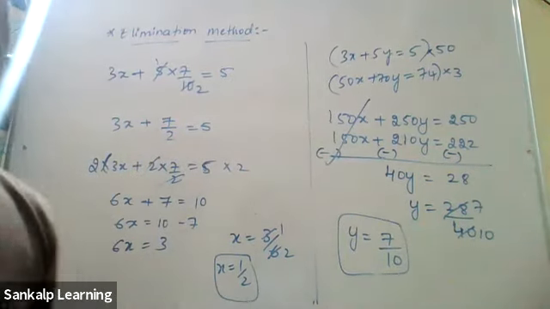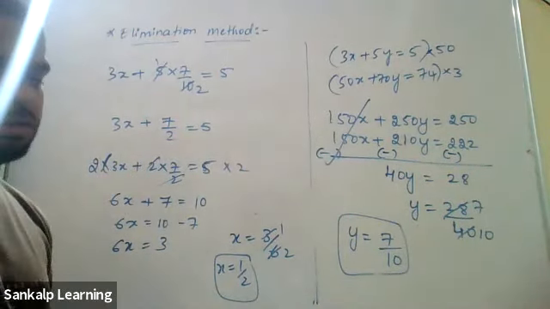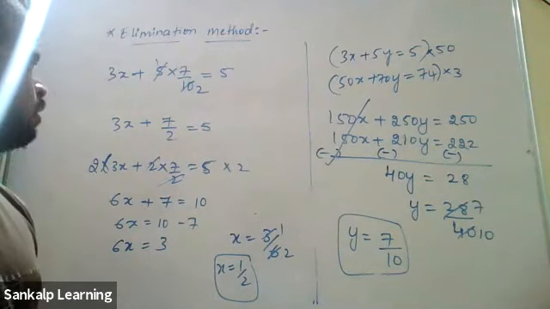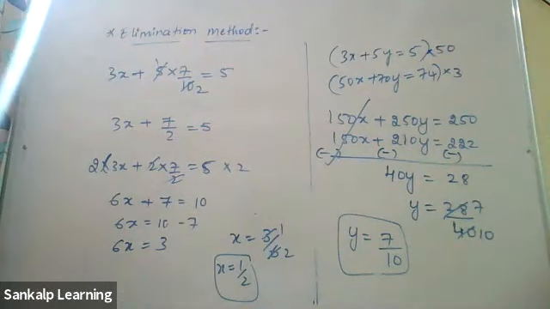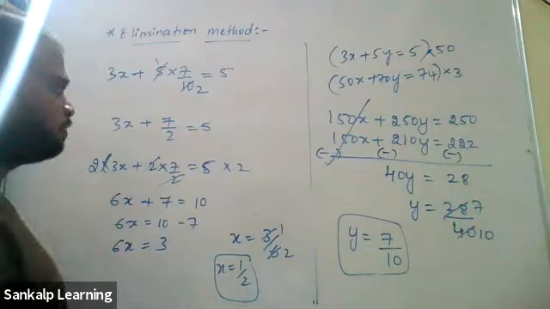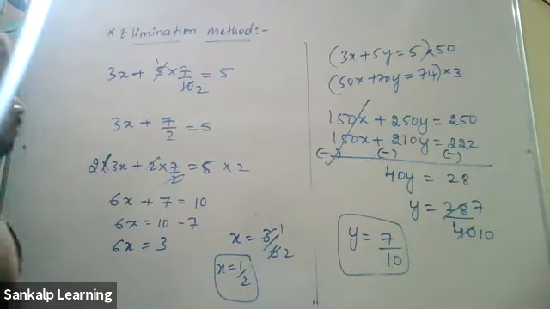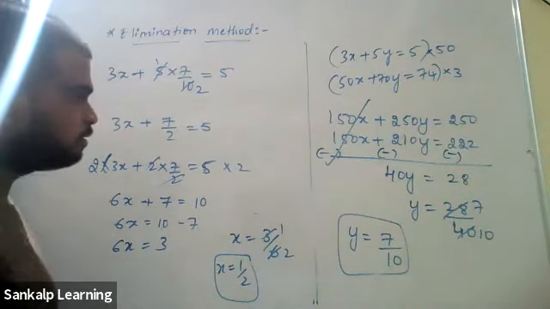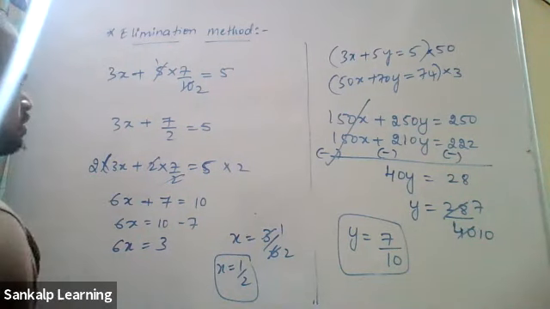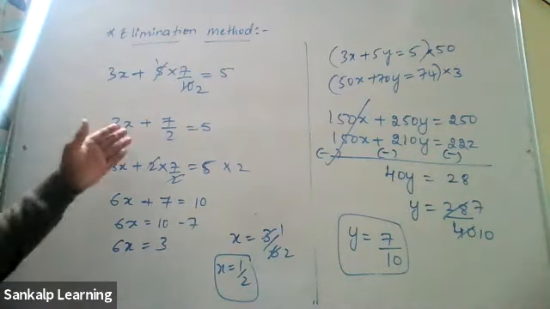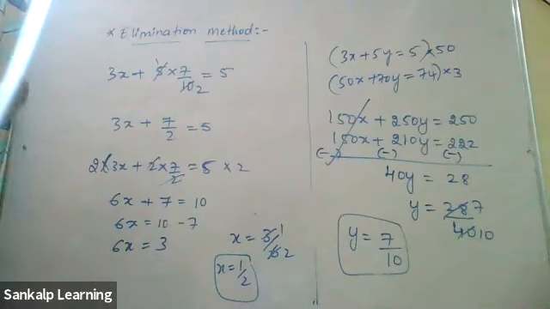Yes. Sir, we can also take plus 7 by 2 to the RHS side, so it becomes minus 7 by 2. Then you take LCM. Isn't it? That's what you said, right? Yes, sir. Yeah, that is also correct. No problem. Here also you can take LCM. It's your wish. The method should be correct and you should get the correct answer. You can do it in any method.